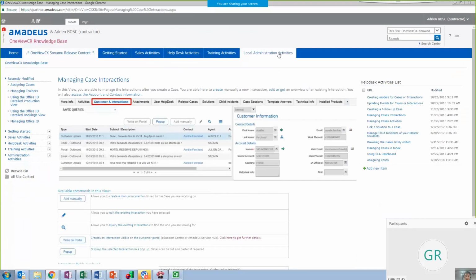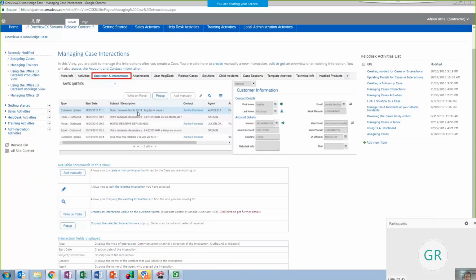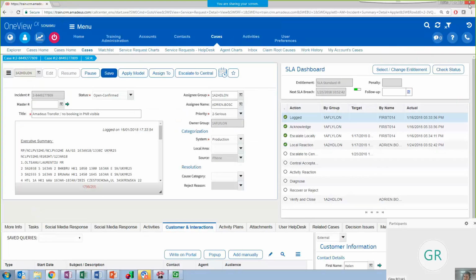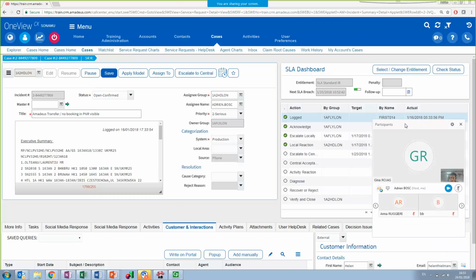When I'm trying to create an interaction, I have a dedicated page explaining what the button is, what the purpose of each field is and how you must fill it. Okay. Well, that's it.